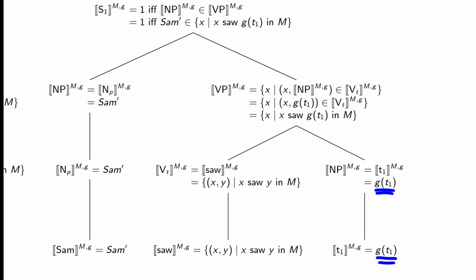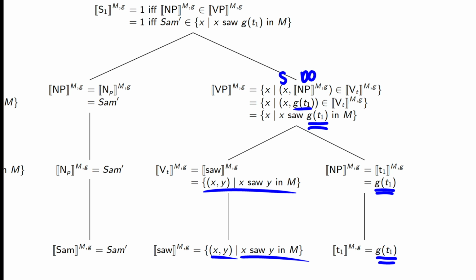Saw is going to be the same thing as we've done before. So saw is a transitive verb. It looks for pairs xy such that x saw y in m. This goes up the tree, and our rule for our transitive verbs happens. So we're looking for the set of x now, such that x and NP is in the transitive verb. So we have our subject and our direct object. We know what our direct object is. Specifically, it's g of t1. So our result here is now we're looking for the set of x such that x saw g of t1